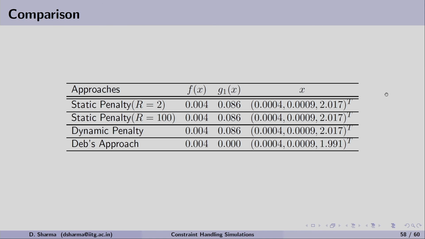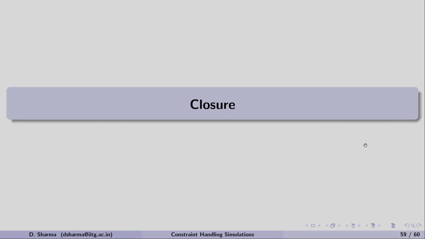Now let us compare their numerical values here. We can see that up to 3 decimal places, all these approaches found the same solution. Similarly, if we look at the constraint, as can be seen, the constraint is active for us. Looking at the values of x1, x2 and y, we can see the values are quite small for x1 and x2, and y has a certain value.